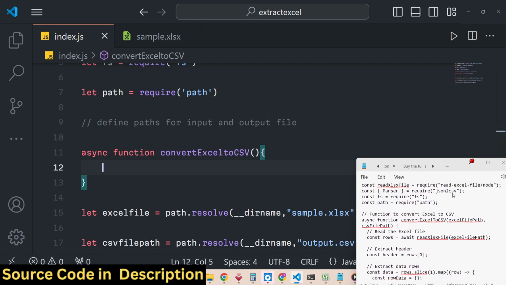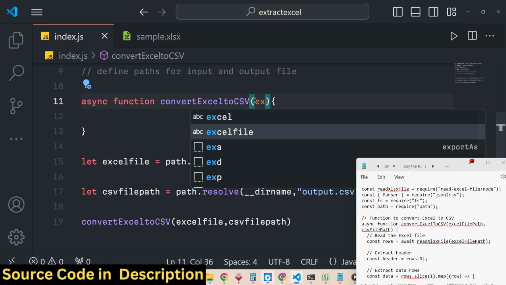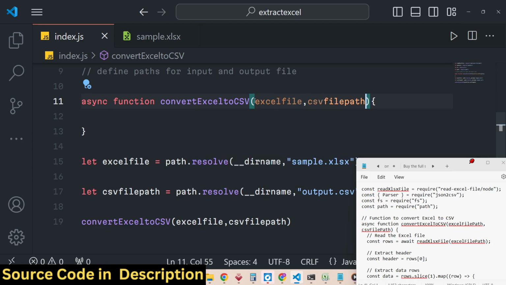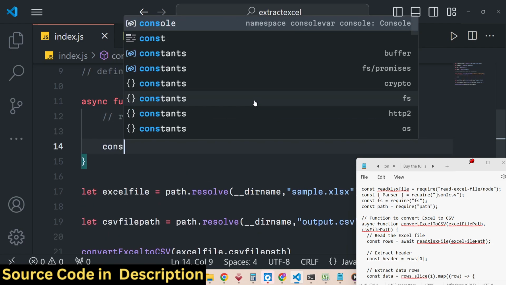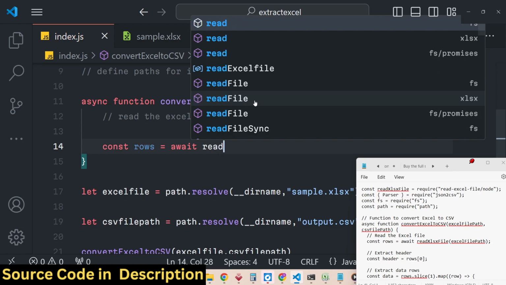So inside this async function, guys, we will have these two arguments, which is the Excel file and the CSV file. So right here, first of all, we need to read the Excel file. For reading the Excel file, we will use the await keyword because it's an async function, and we will use